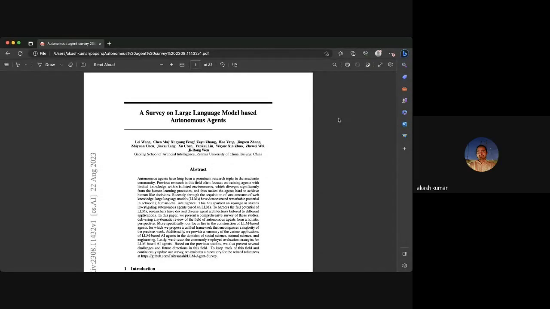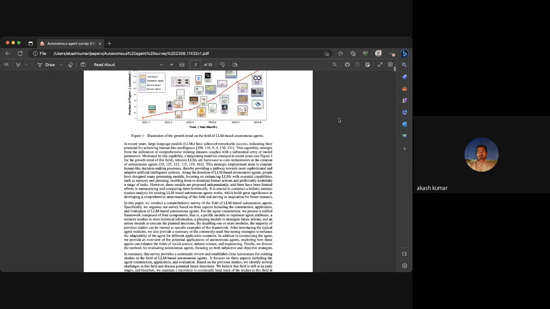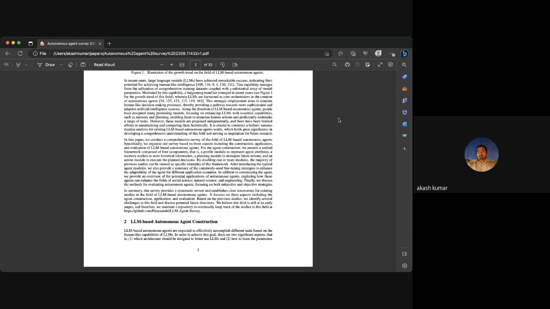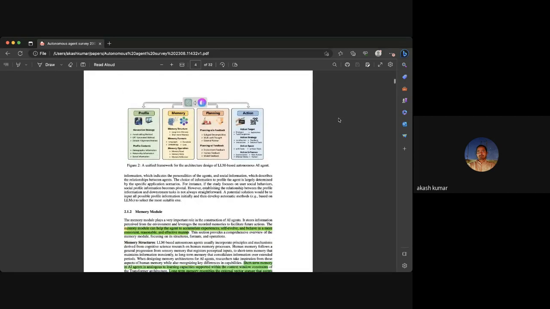Yeah. So today we'll be continuing on this paper called A Survey on Large Language Model Based Autonomous Agents. Last week, Ashwarya covered the design aspect of this paper, section 2, which was the different ways people are building these autonomous agents. A lot of the discussion was around their design, like they generally have a profile section, memory module, planning module, and an action module.